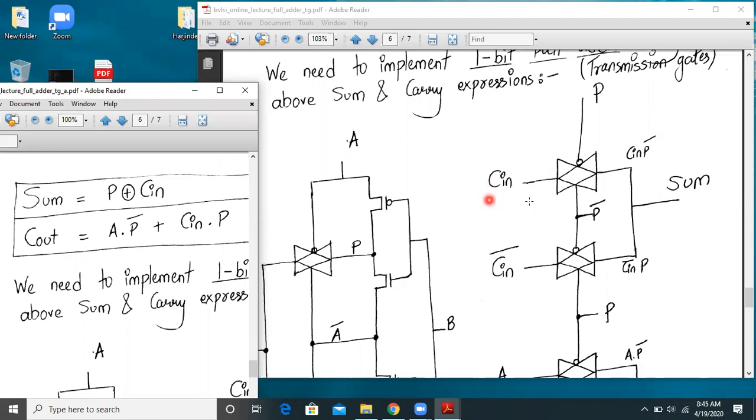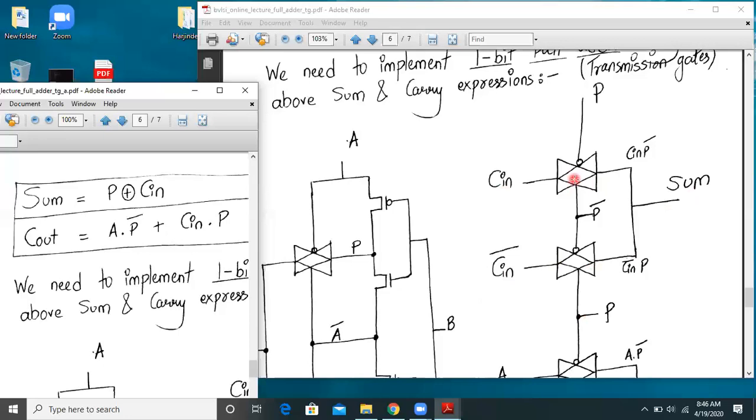To implement that, we have used over here two transmission gates. For one transmission gate, the inputs are P and P bar, and for the other transmission gate, the inputs are P bar and P, as you can see over here. The inputs were applied to its gate terminal over here, and the two inputs applied to the transmission gates are Cin and Cin bar, and these two transmission gates are joined together at the output to produce sum.